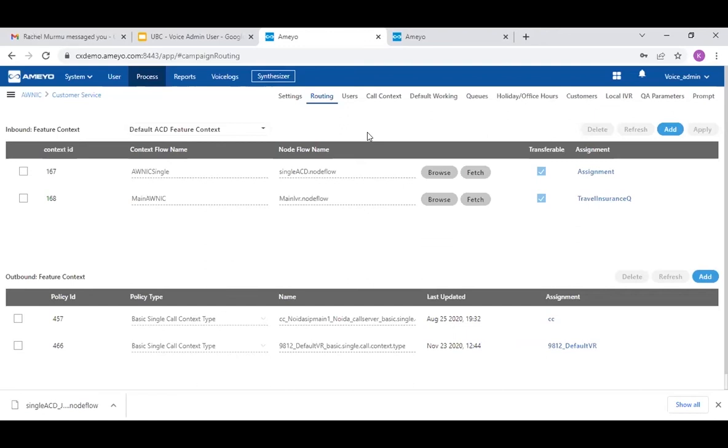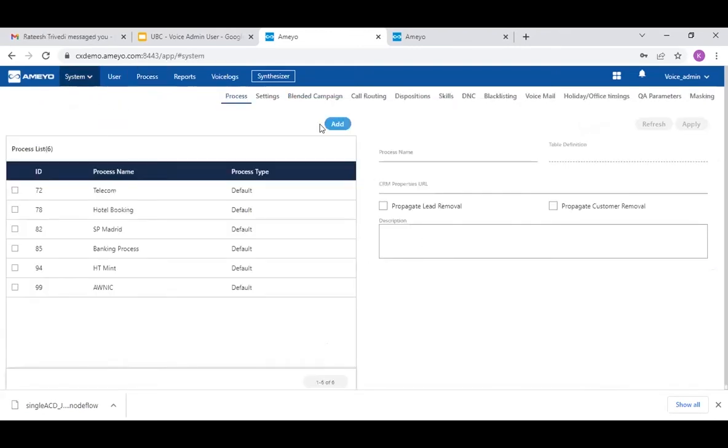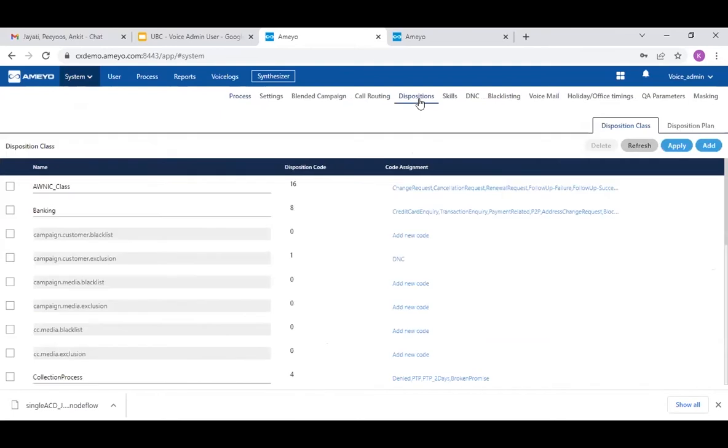So proceeding with the third point, that is the disposition feature. How, as an admin, you will be able to set those particular dispositions. From the system level, in the system configuration, you would be able to see these dispositions. Disposition over here means the outcome of that particular call or the context of that call. Once the agent is ending that particular call, he is selecting a one-word disposition. All those dispositions are configured by the admin from this admin interface.